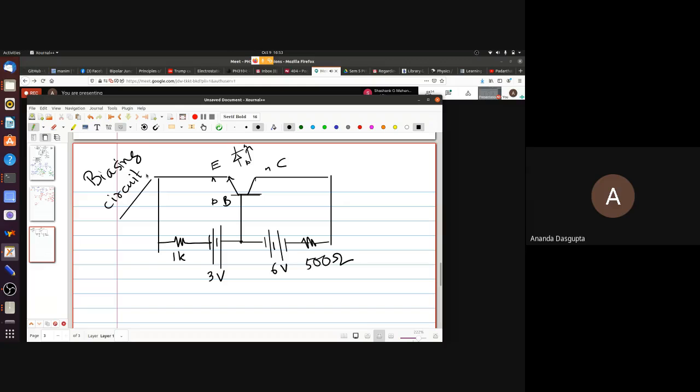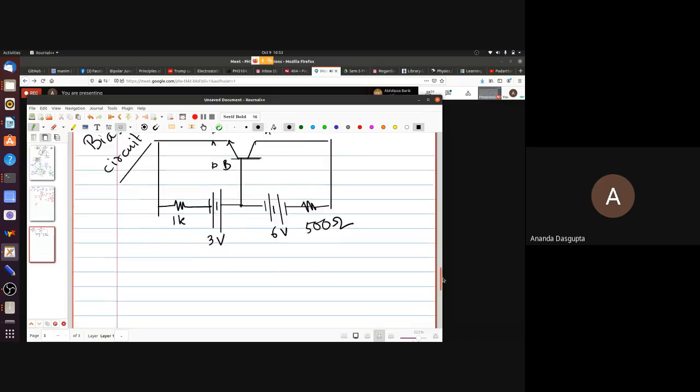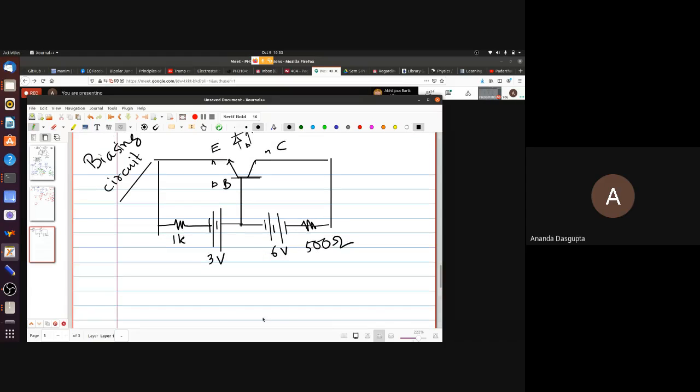But now, when you apply the H parameter model, or what you would call a small signal AC model, to the transistor, you would actually use the fluctuation from the quiescent value. These are just the quiescent values and steady state values that we are setting up right now. Now, just quickly, if you were to replace the transistor with this equivalent circuit,